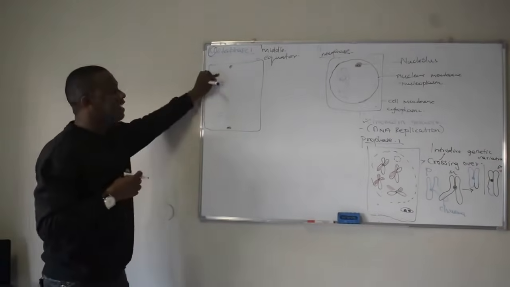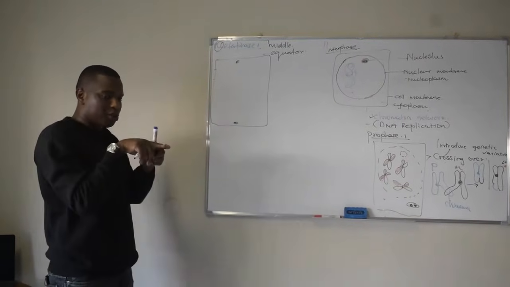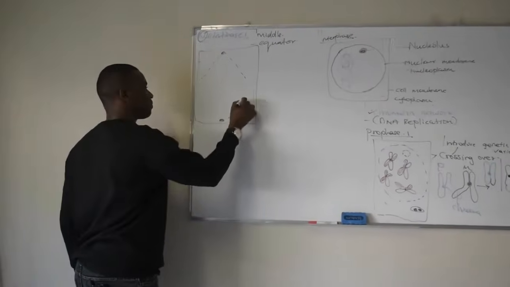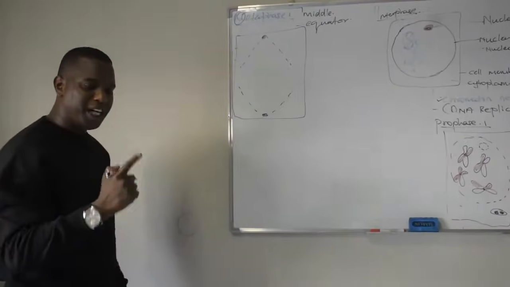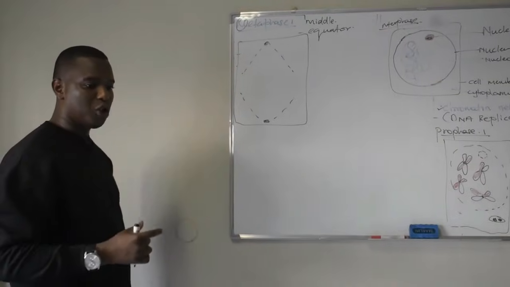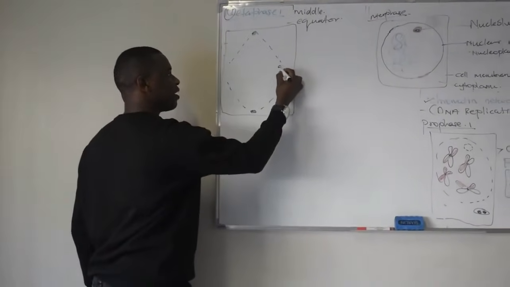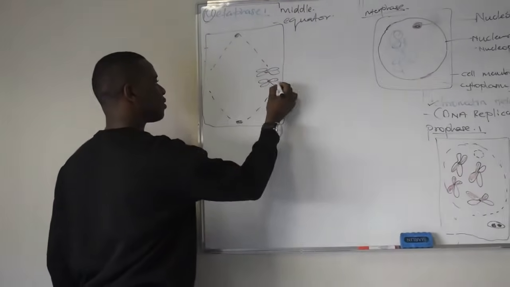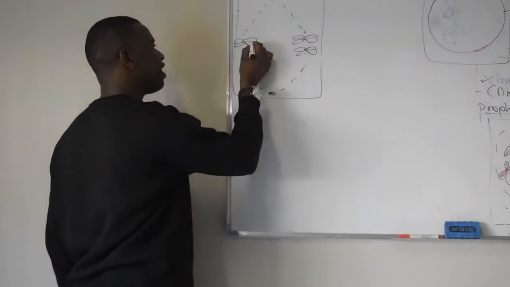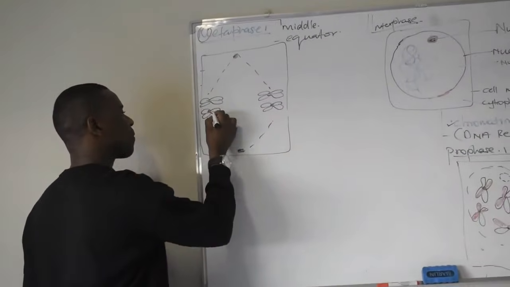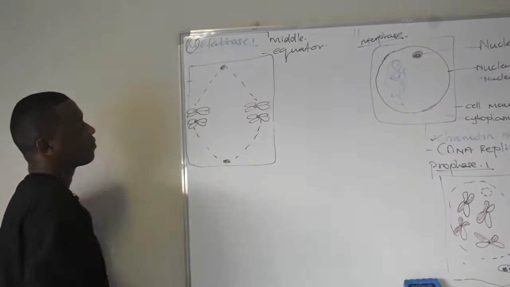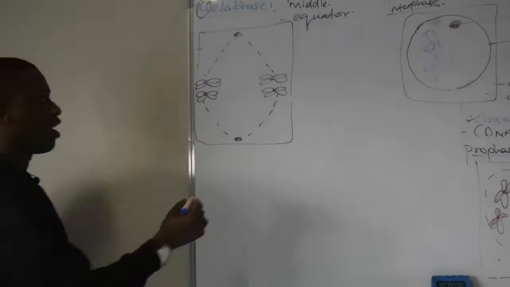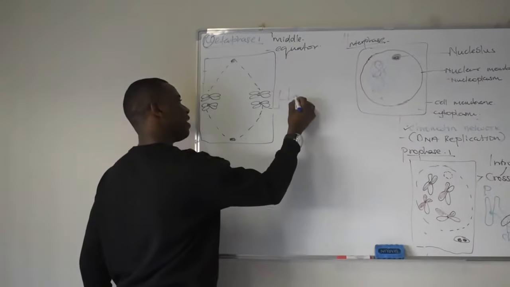And then I said centrioles produce spindle fibers. Now you're going to see spindle fibers being produced. And then I said the spindle fibers hold the chromosomes in position. Since we have 4 chromosomes, they are going to be arranged along the equator in this form. Now, when we get back to what we talked about in structures, we said this arrangement is